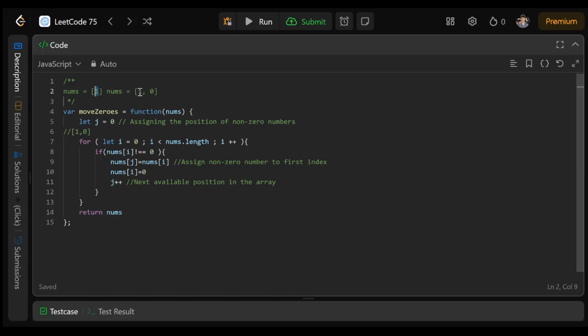And if it's already here in the right position, then that's not good. So what needs to happen is